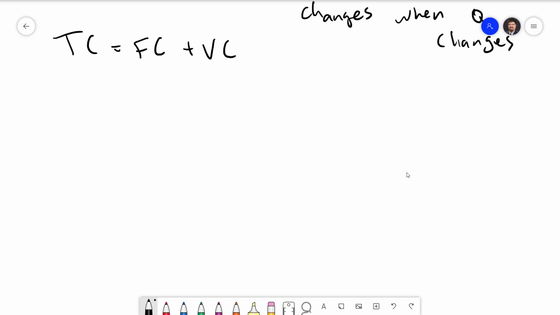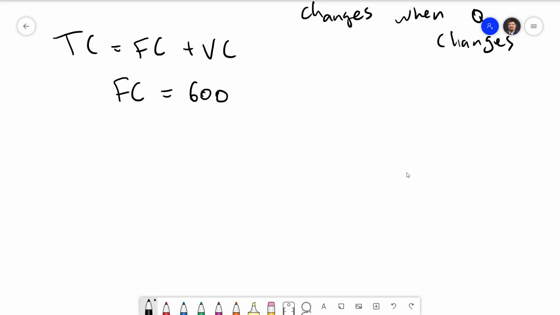For the rest of this video, we are going to consider a new example. Consider a factory which produces gizmos. Gizmos could be anything you want. In the short run, the amount of capital is fixed. We're going to assume that our factory has some amount of capital that they rent for a cost of 600. That means our fixed cost is going to be 600. In the short run, the only way to increase total output is by increasing labor. The more output we want, the more labor we have to hire, so the cost of labor is going to